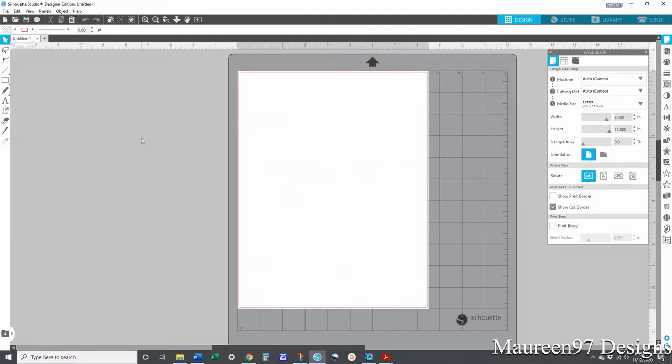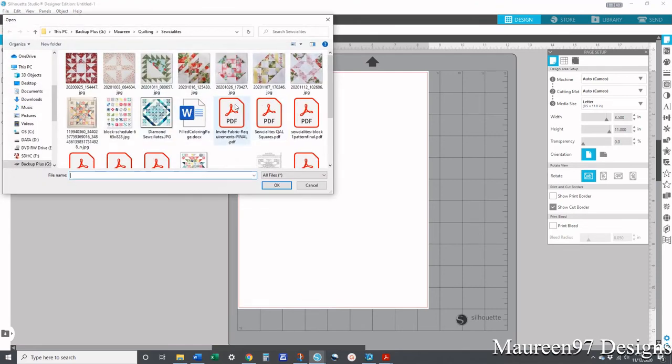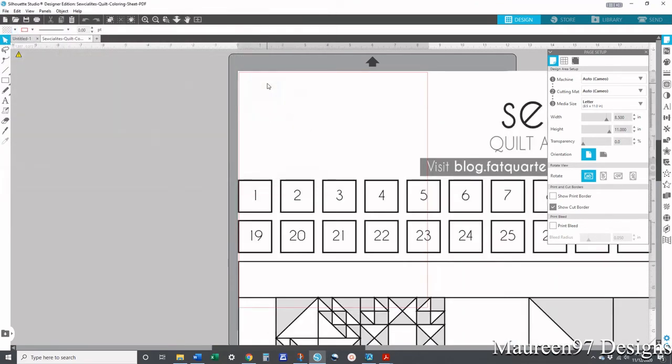Okay, and the second method I'm going to show is using the Silhouette Studio software that I've been showing in the past couple of videos on how I use it with my quilting. So what I'm going to do is come up here to the folder, or I can use the file open, and I'm going to go into my Sewcialites folder again and open up that blank coloring sheet, and you're going to see it comes out really giant. So what I can do is just click on it to select it, and then I can come up here to the top, this sizing toolbar, and I want to click the lock aspect ratio,